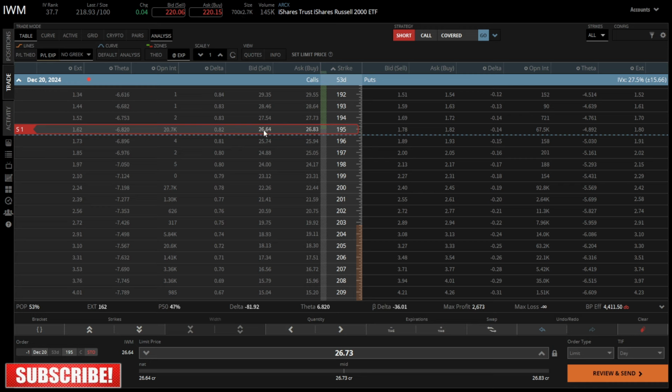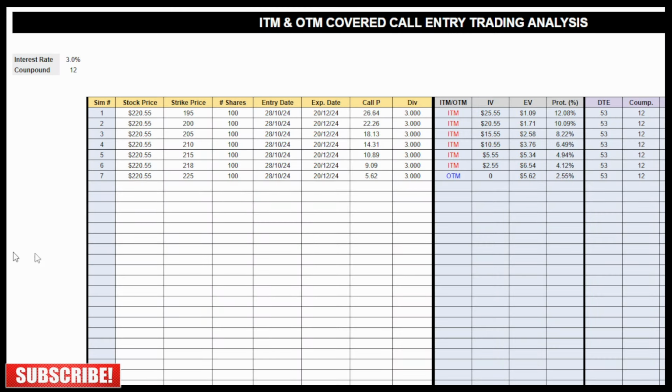In this case, 26.64 for this option, and the strike price is 195, DTE 53. So if you go back here to our Excel, this is exactly what I put here. The stock price, I just updated to 220.55. Strike price 195. Number of shares, like I said to you guys,